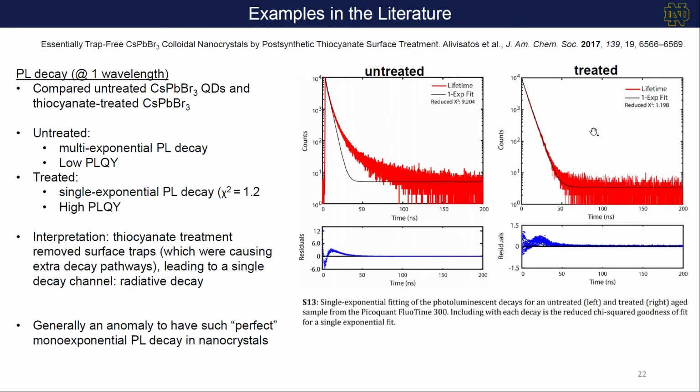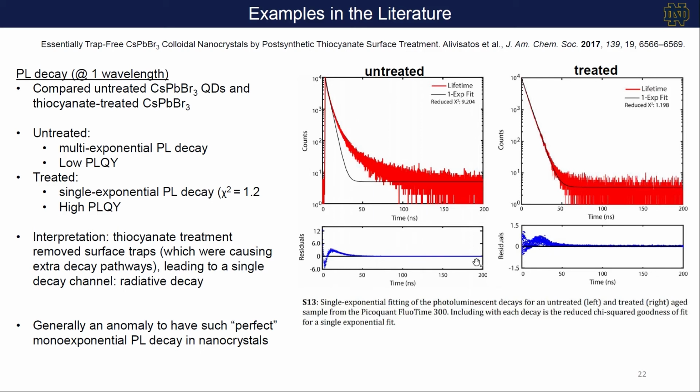However, when they treat the sample with thiocyanate, suddenly you can see the lifetime is almost perfectly mono-exponential. The black trace is the fitting equation for the mono-exponential decay, and the chi-squared goes from 9.2 down to 1.2. So now it's behaving very well as a mono-exponential decay function, and you can see the residuals are much more randomly distributed. Again, they're not perfect, because nothing really is whenever you measure things, but it's much, much more